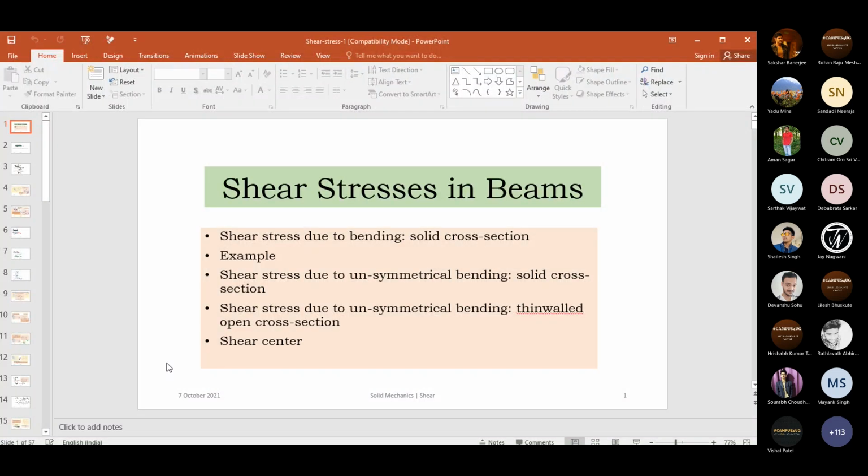so we would also like to see what would be the nature of shear stresses and all those things. But though we won't see its effect on the stresses, we don't want to see because that will be much complicated. It will be higher.